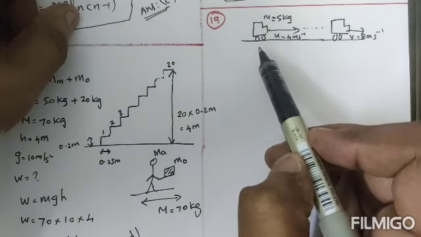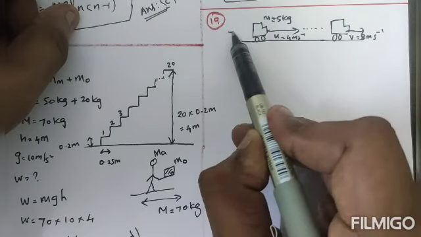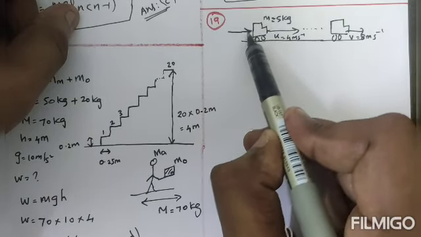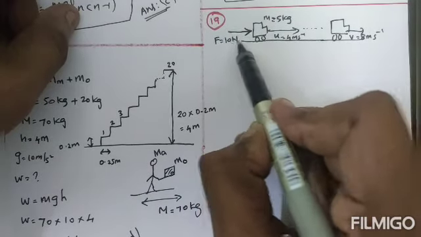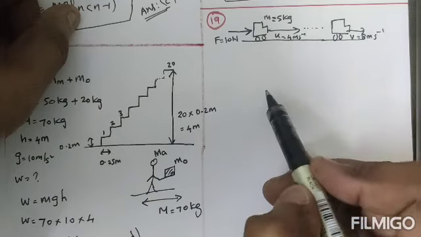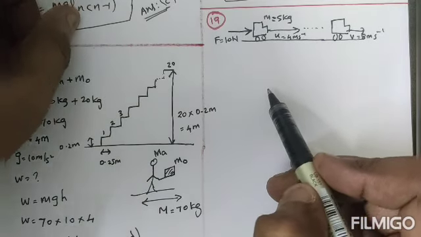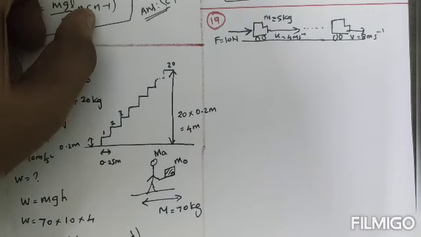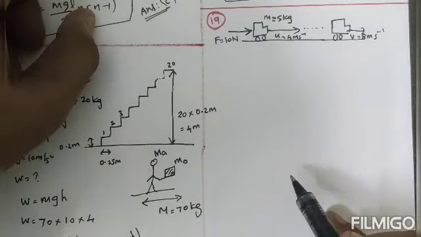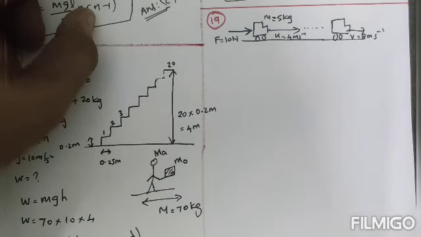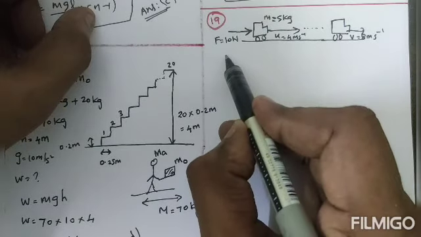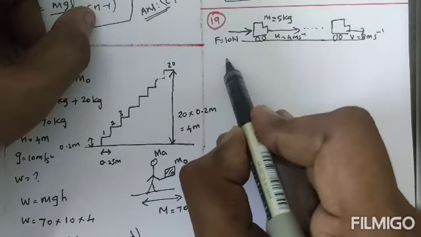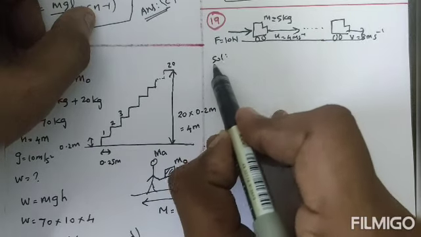So this happened due to that applied force only. The applied force is along the displacement direction. So the force value given is 10 Newton. This is the question. So now they are asking work done, displacement and the time factor. So I plan to conduct it conveniently. First I am going to calculate the acceleration value.